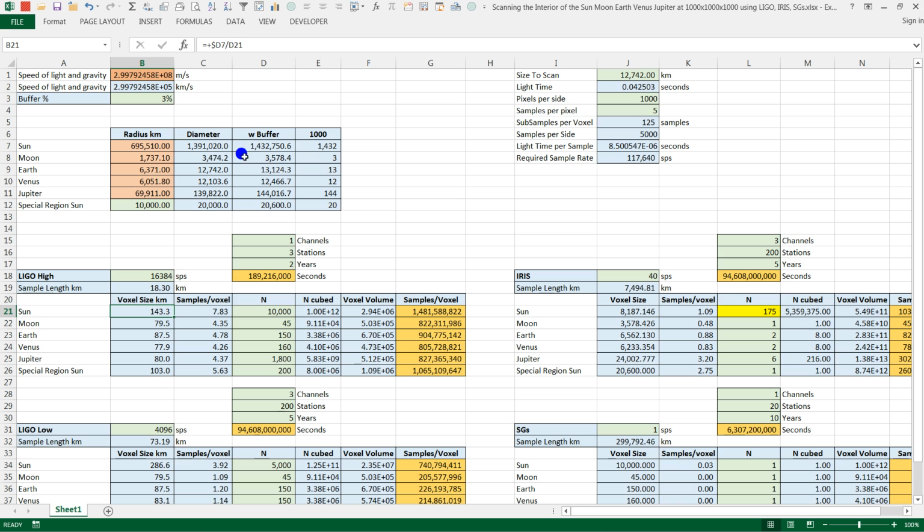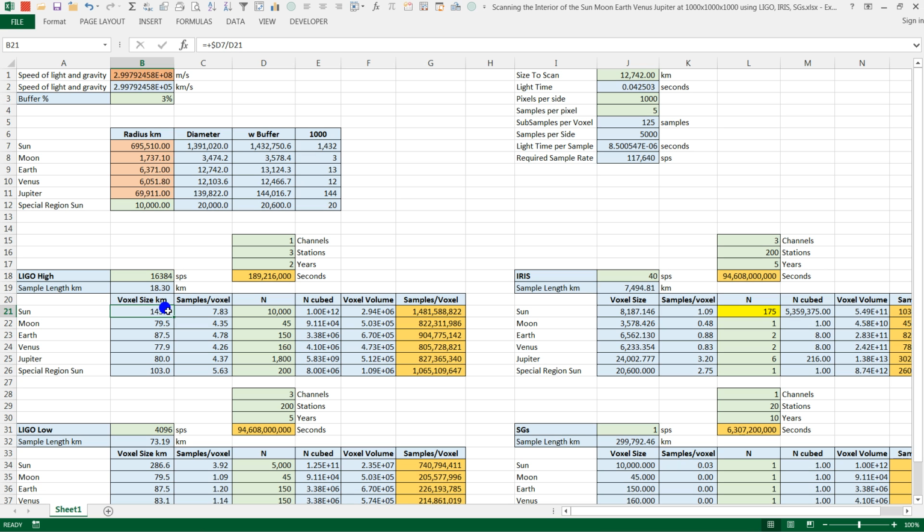So this is the whole diameter of the Sun, and here I'm breaking it up into 10,000 pixels on a side. So I took the whole diameter of the Sun, added 3%, and then divided it by 10,000. So that comes out